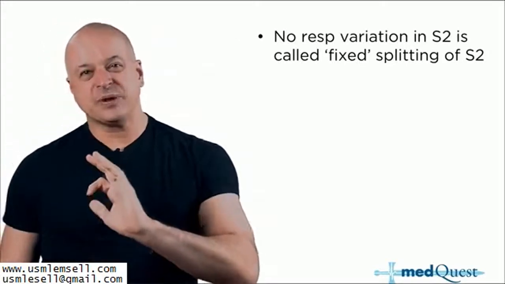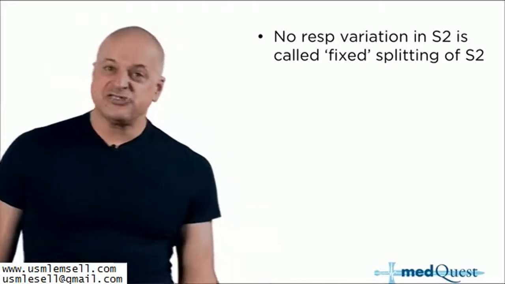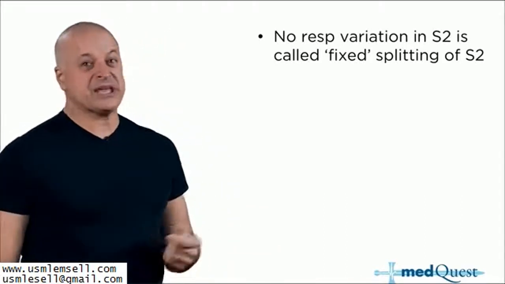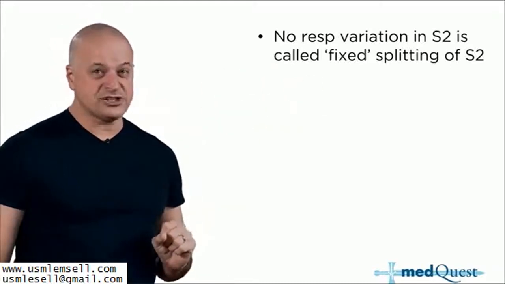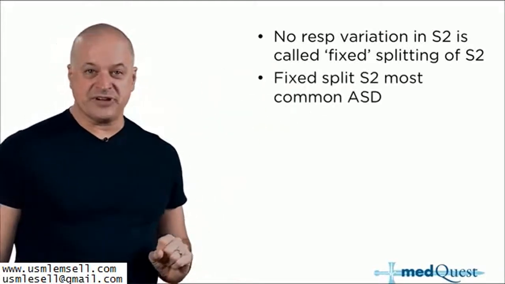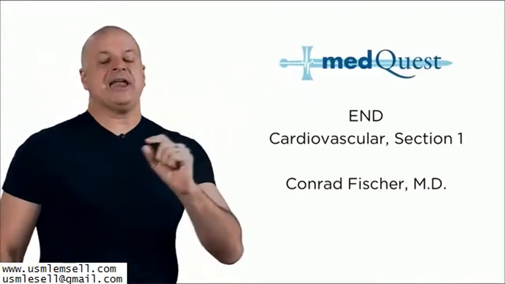Normally when there's a fixed split, when there's no variation by respiration in S2, this fixed splitting, no respiratory variation, is atrial septal defect. Fixed splitting is atrial septal defect, and generally speaking, anything that widens the split, that delays the P2,